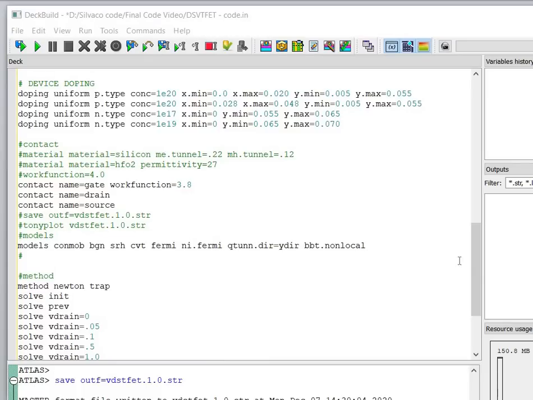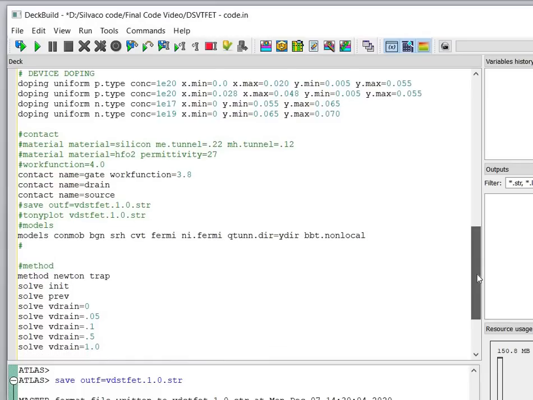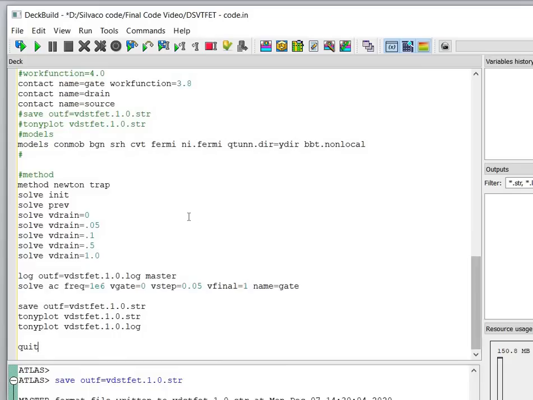Next, you have to provide the drain voltage. The point to be noted is that you have to give the drain voltage gradually, starting from 0 and ending at 1 volt: 0, 0.05, 0.1 volt, 0.5 volt and 1.0 volt. After giving the drain voltage, you have to give the gate voltage.